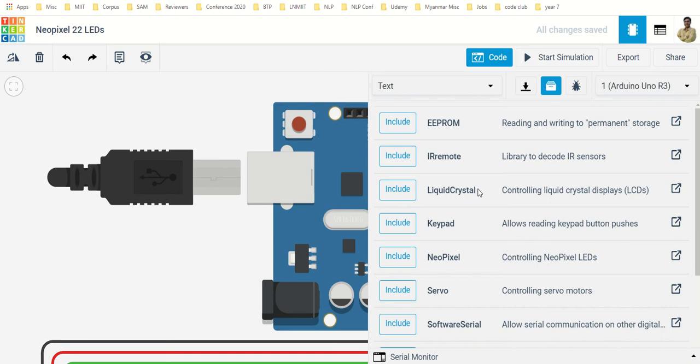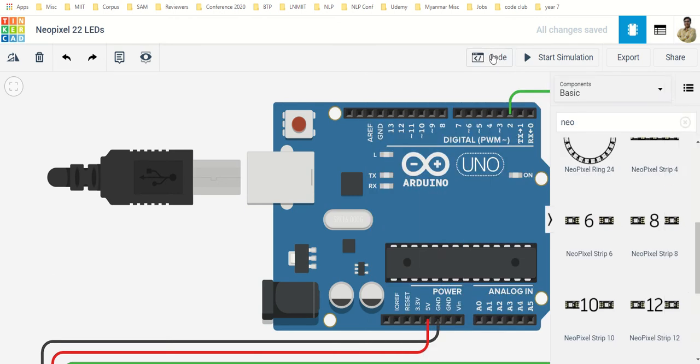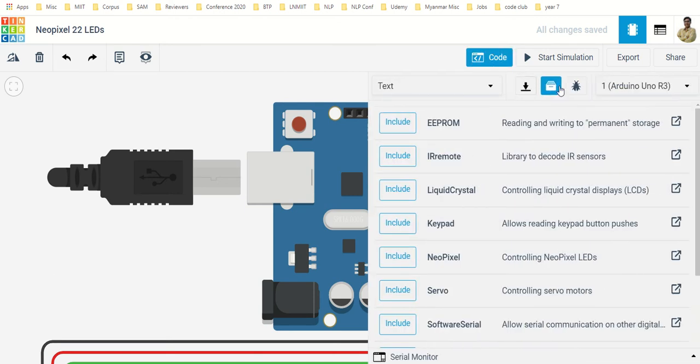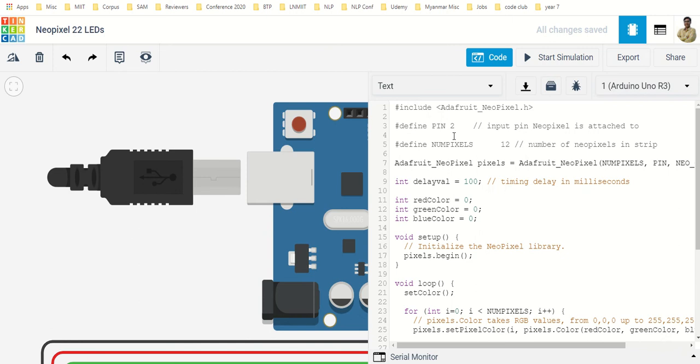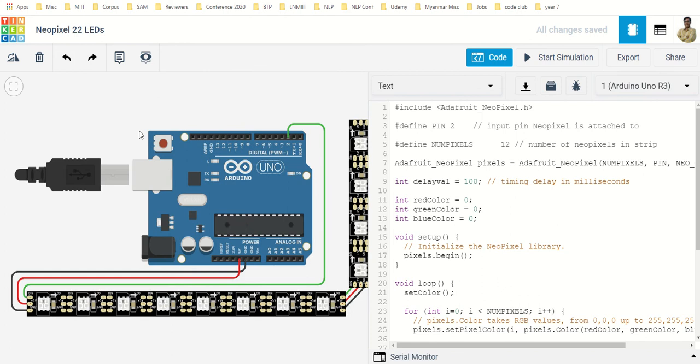Coming back to our code, a sample code is already given. I have pin number 2, which is my output pin where I am attaching my NeoPixel. If you want to attach it to some other pin, you can change it to pin number 3, 8, whatever.